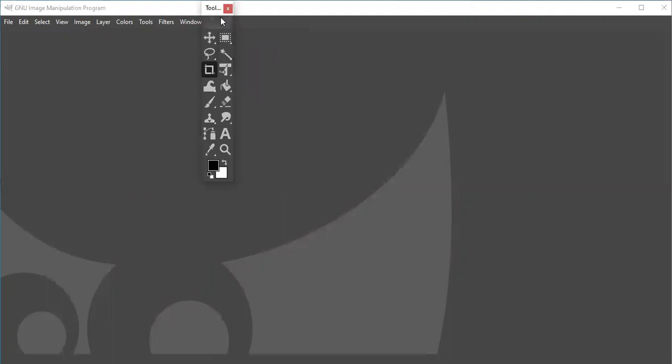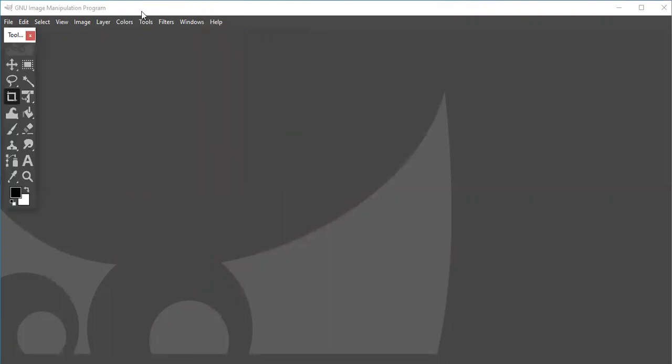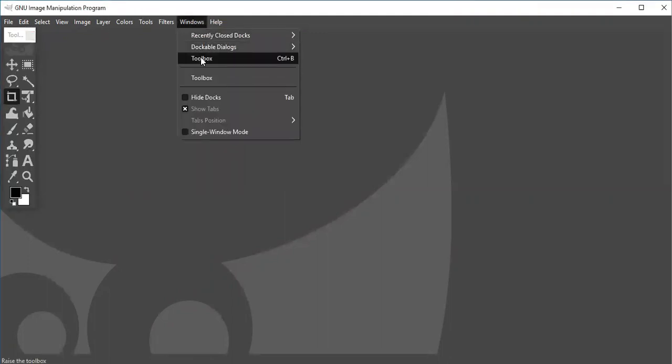See, this is the toolbox. In order to add the toolbox, what I have done is go to the Windows option and then select Toolbox. Okay. This is the way we can insert the toolbox, children.